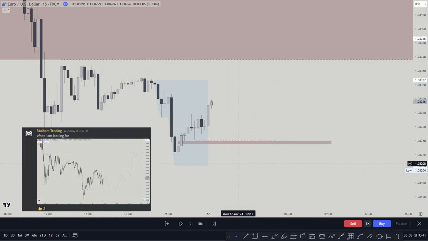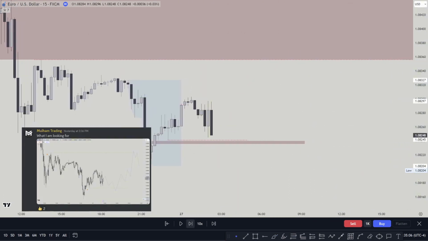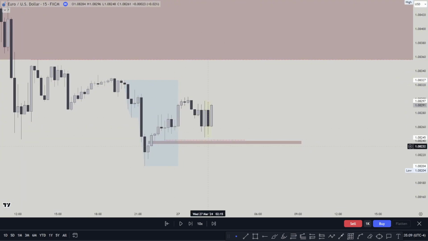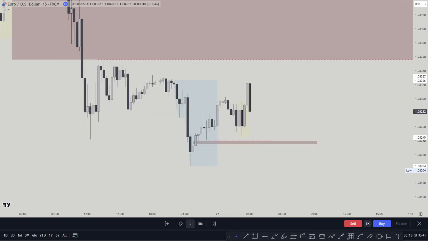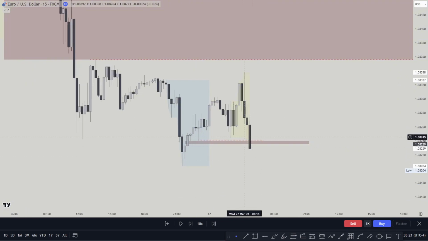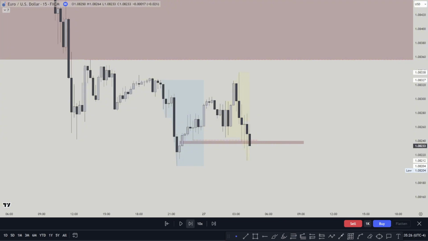And I sent this level on the Discord. Now take a look. Price was coming lower. I did not execute this one. Why? Because I was only looking for a specific level where I know that the big move and the big expansion move is gonna happen from. So you see, price started coming lower. We got a reaction from there. You see price not able to close below this fair value gap.